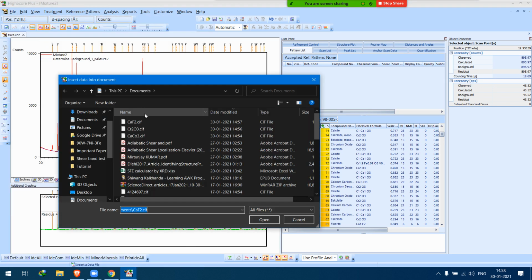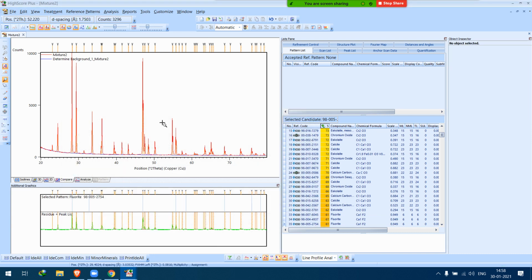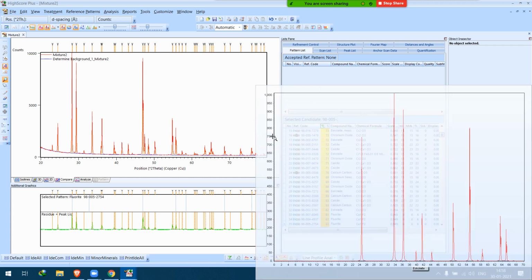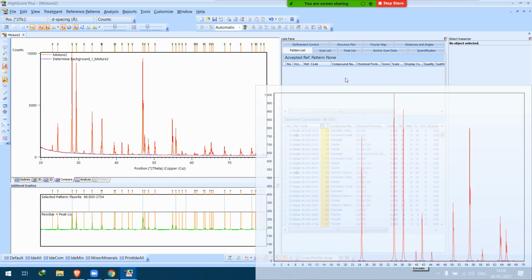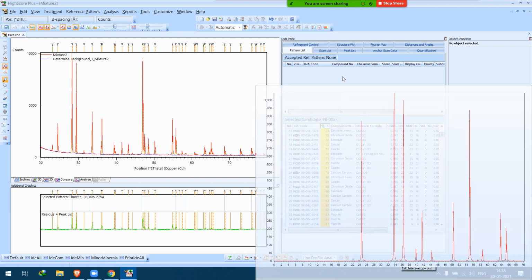Insert. I think we need to insert it one by one. Fluoride is there. Okay, I will come back to this, but this needs to be done something like this only. I will let you know.